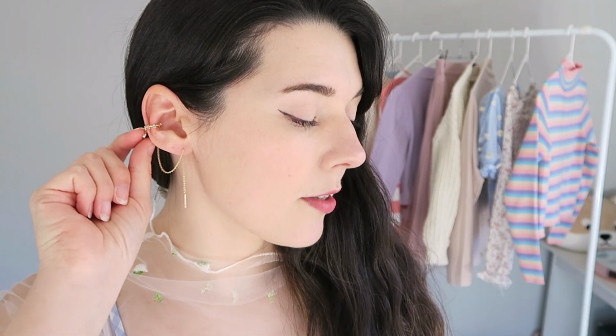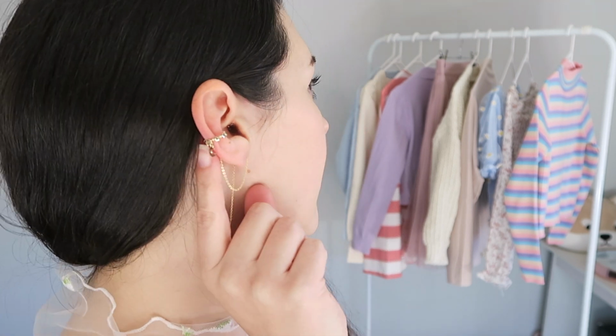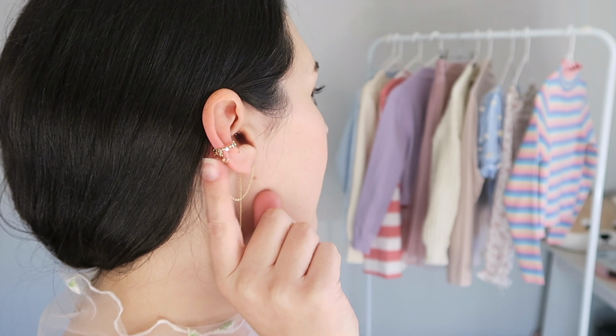The only downside for me is that it does have this little moon charm that dangles down, and you can see it there. It's right at the back. The charm is fixed onto one side of the cuff, but it's on the side that goes to the back for this ear. The reason that I would put it on this ear instead of the other ear is because